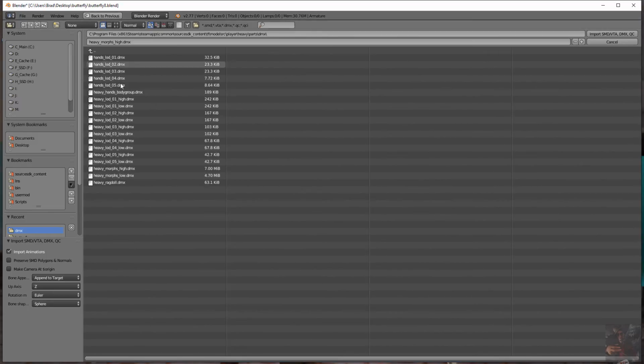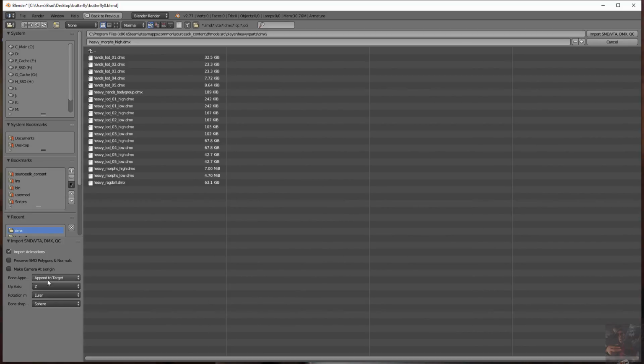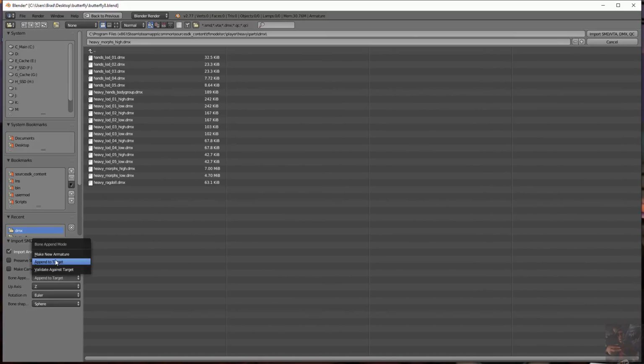DMX. So down here, what it ended up trying to do was append the heavy mesh to the butterfly armature, and that doesn't work because the armatures aren't named the same, don't have the same number of bones or anything else like that. What I had to do is change this to make its own armature, make